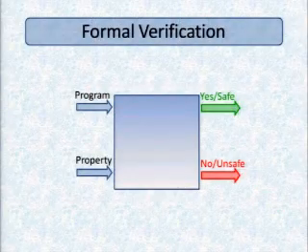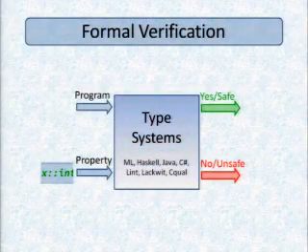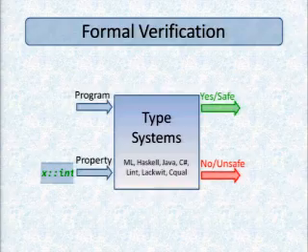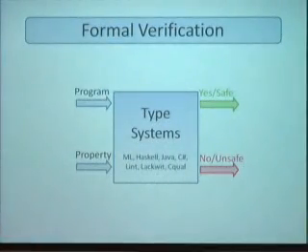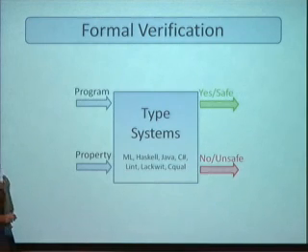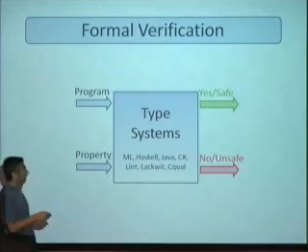A completely different, or so far completely different, line of research has been those based on type systems. There are, of course, type systems for functional languages and now modern languages like Java and C#, as well as tools that have been designed for existing older languages, things like lint, Lackwit, Sequal, and so on and so forth.